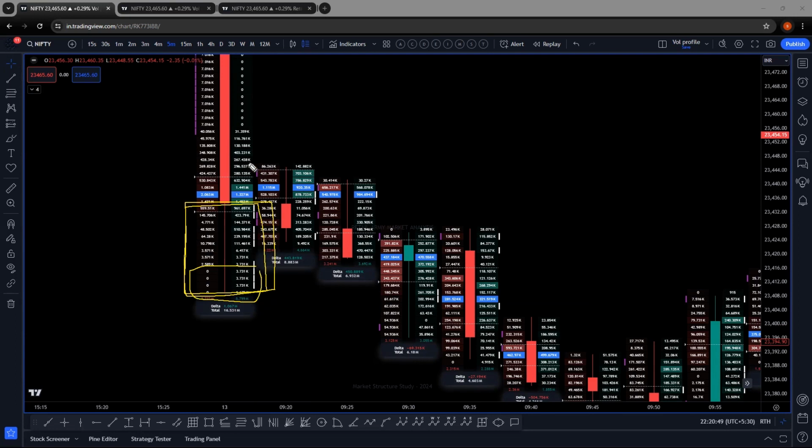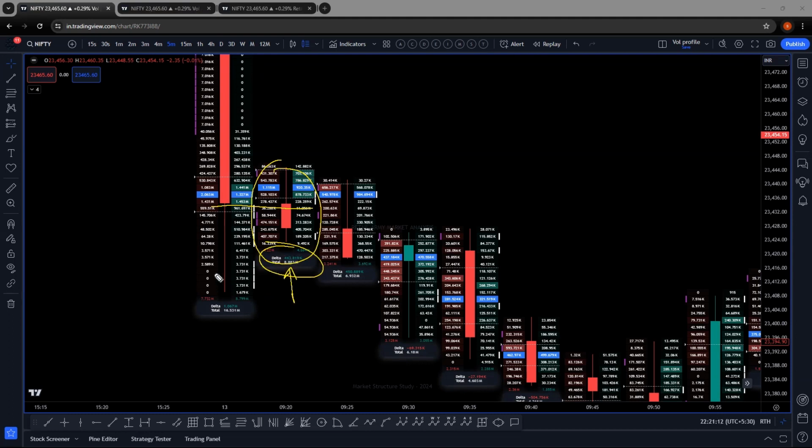Now, what is happening? Price went sideways for some time. It went sideways because they are waiting. Who's waiting? Your smart money is waiting for more buying pressure to come. Okay. So what happens? They took the price higher. The prices came higher. It went sideways. A red color candle with green color delta. So what happened? There are net buy orders.